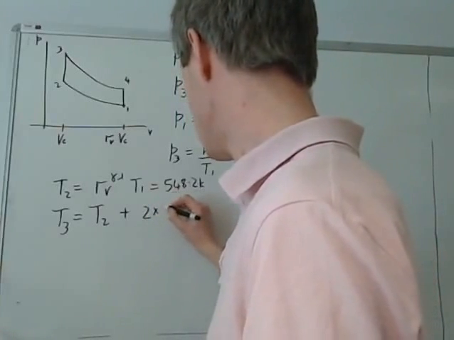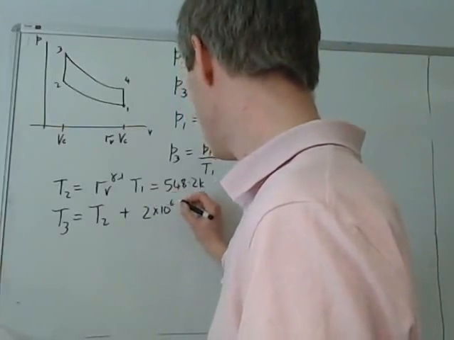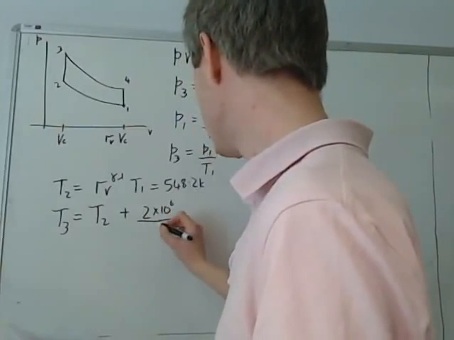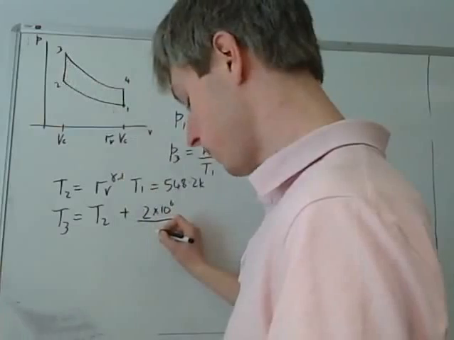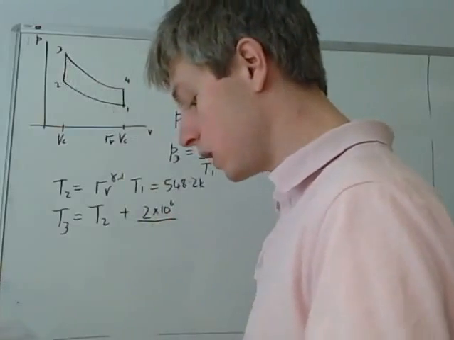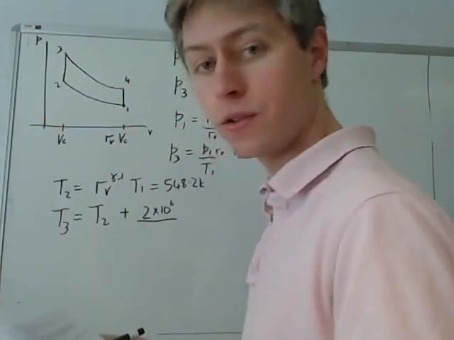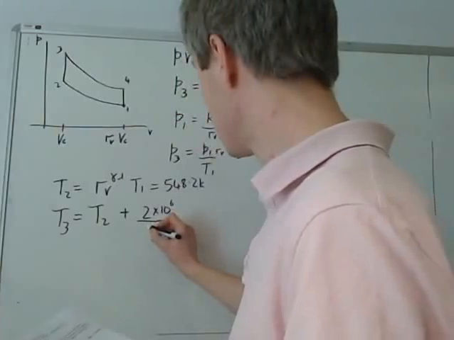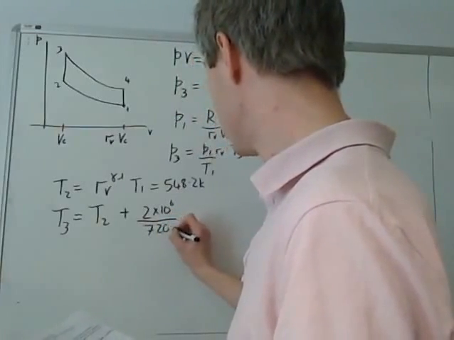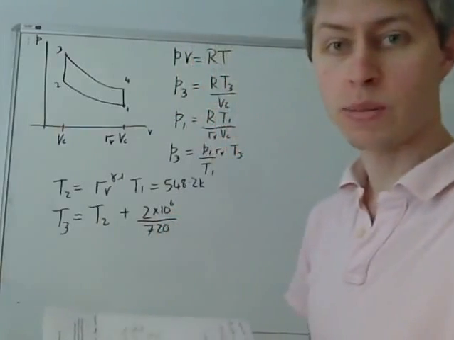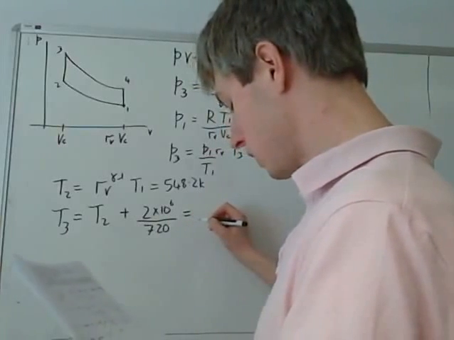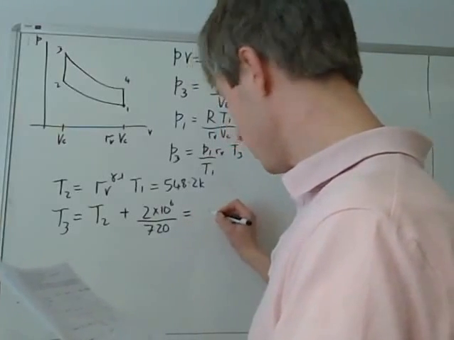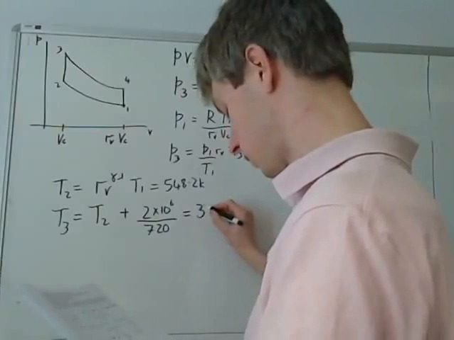So we have 2 times 10 to the 6 joules per kilogram. If we divide that by the specific heat for a constant volume process, this is CV. And for air, the value of CV, if you've just solved the previous question, you'll know this, is 720 joules per kilogram per Kelvin. And this will give us a value for T3 of